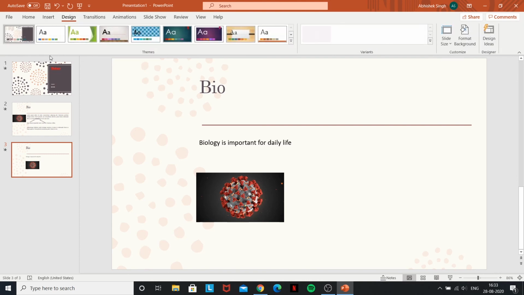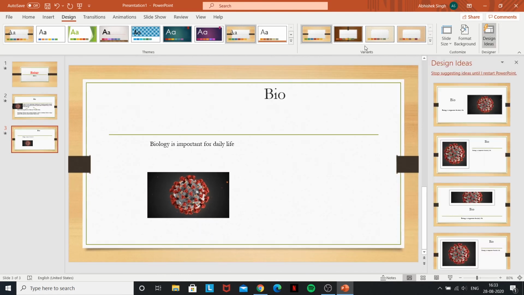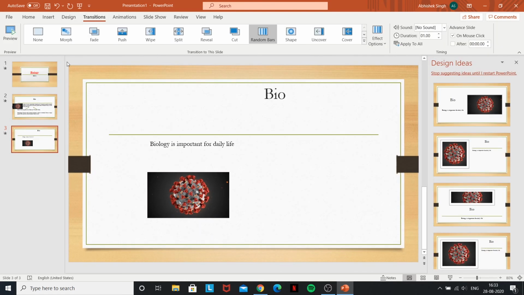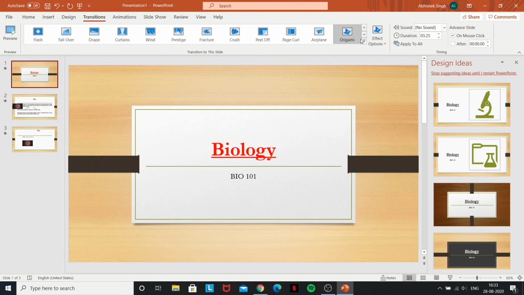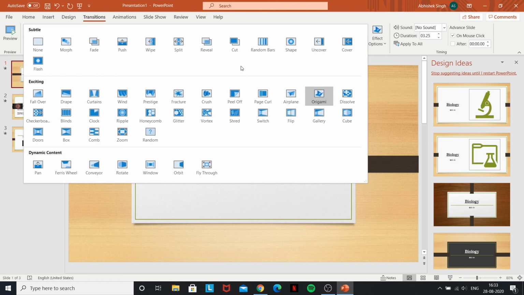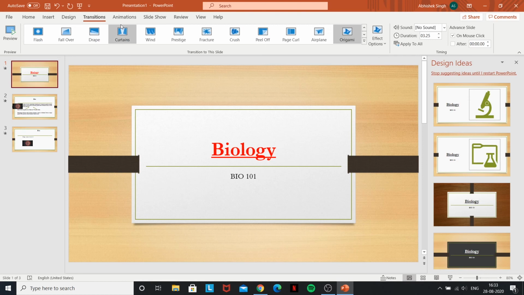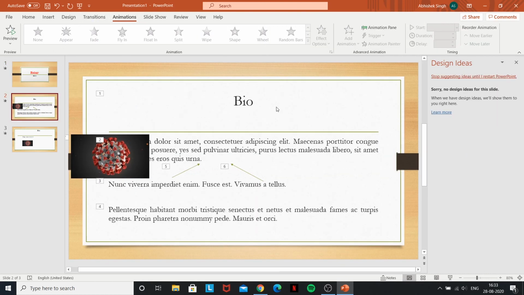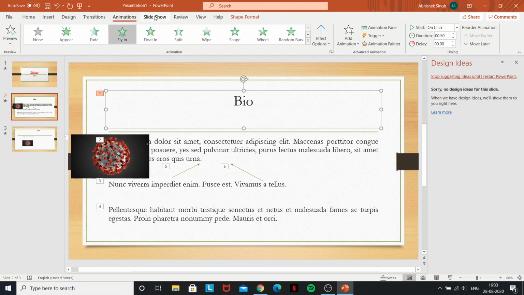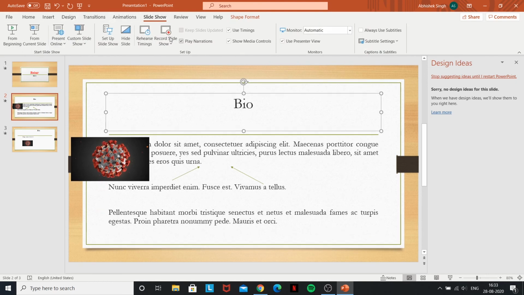Under design, it's the theme of your entire project, and under each different theme, you get different variants. Under transitions, it's about between each slide, how it changes, and you have many multiple options. And I do encourage you to try these out on your own to find out what you would prefer on your slideshow. Then we have animations, which are for individual pieces of information, so individual paragraphs, pictures, arrows, and so on. And the slideshows are the basic tools.